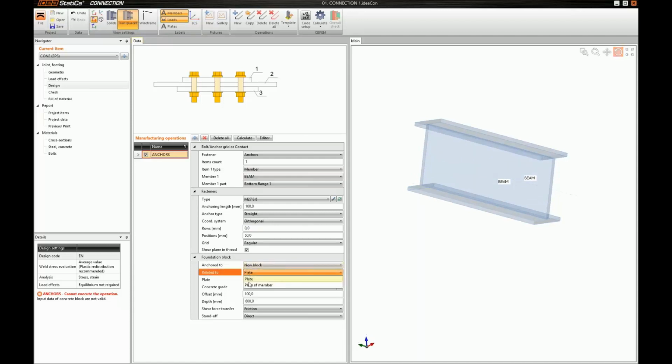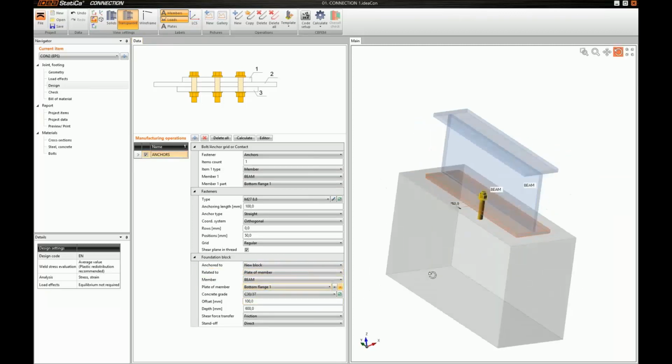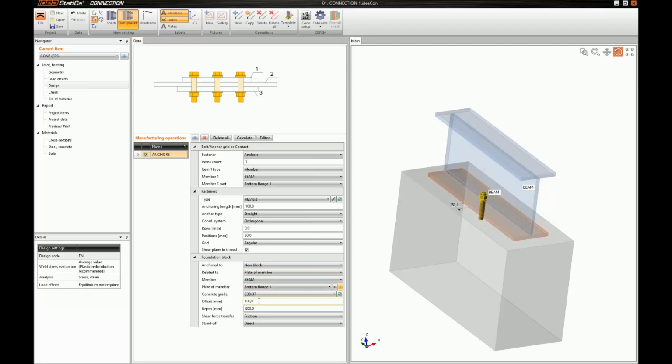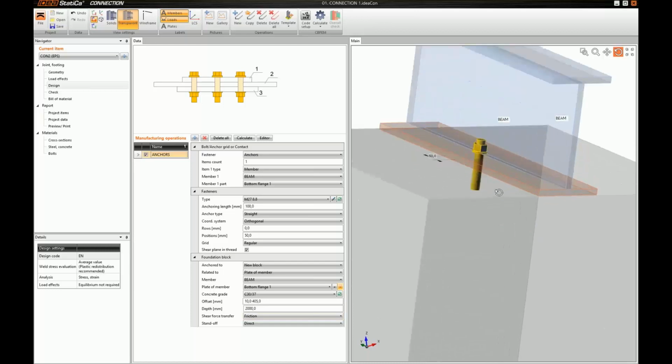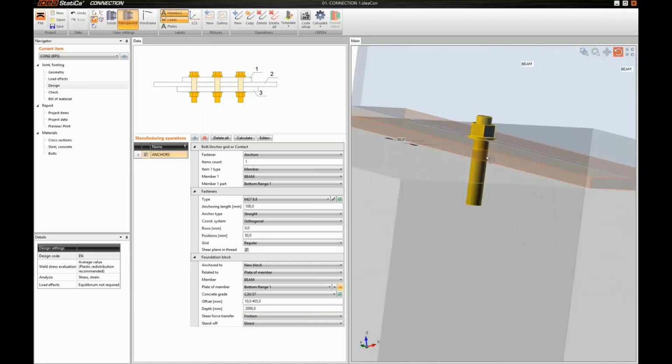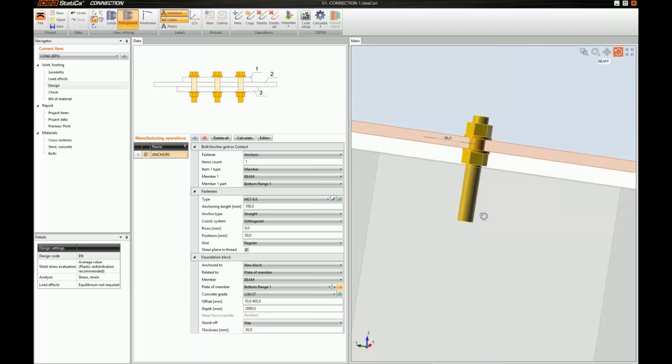This new foundation block will be related to my member beam. It will be positioned at its bottom flange. And I will use different offsets for the longitudinal direction and the lateral one, just to match the original connection. Its depth will be 200 millimeters. But most important here, I can define a gap of 30 millimeter thickness,